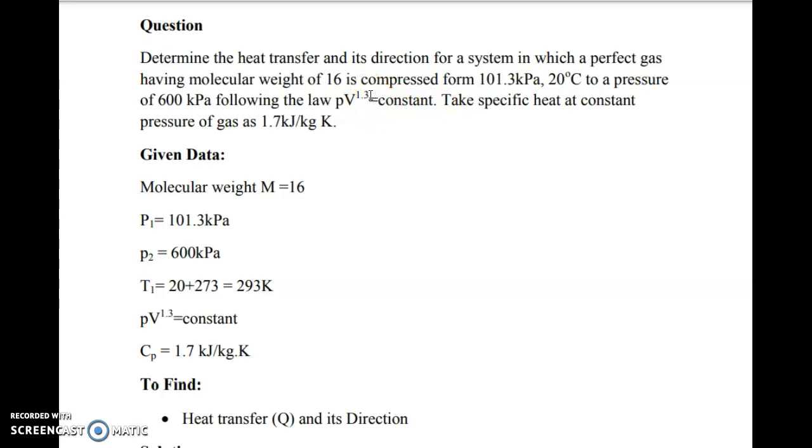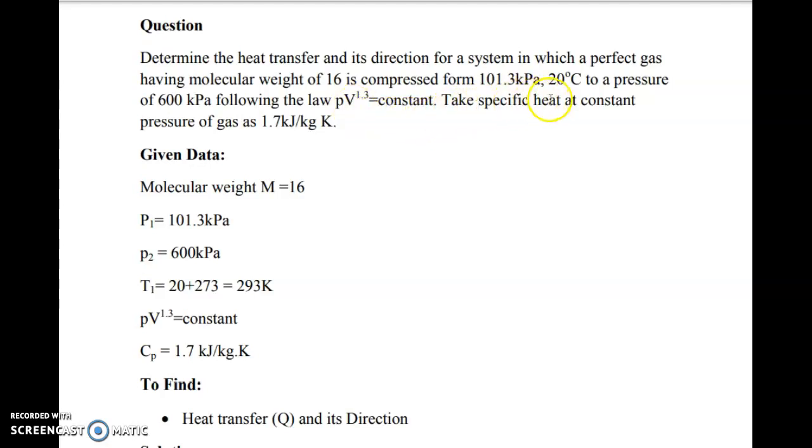So generally, polytropic process means all the compression and expansion process comes under this category. So in this process, heat transfer will happen from system to surrounding and surrounding to system. Surrounding means atmospheric air. Everything other than system is considered as surrounding.